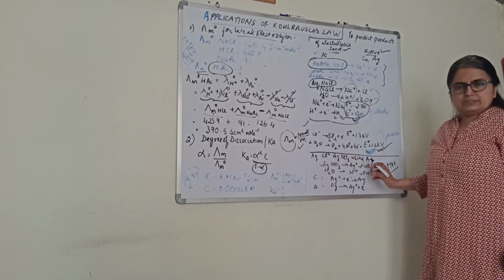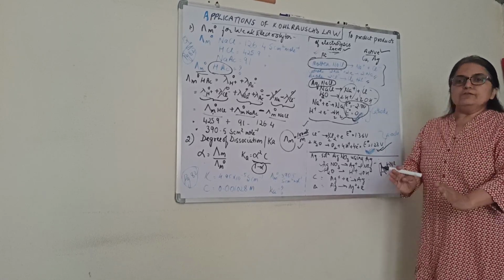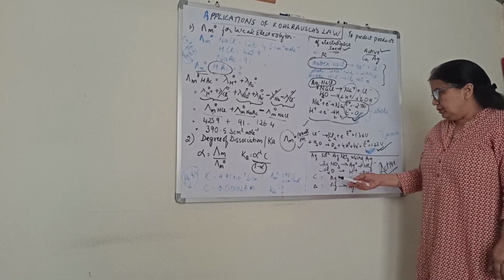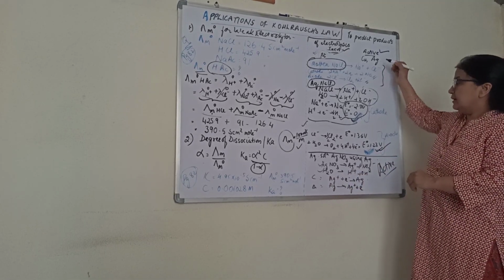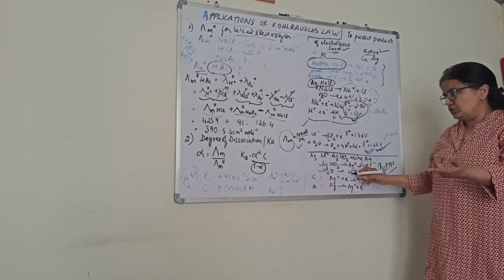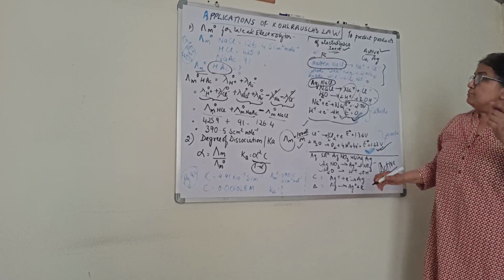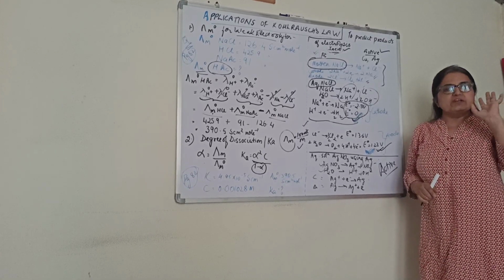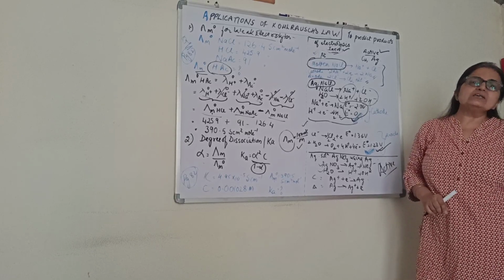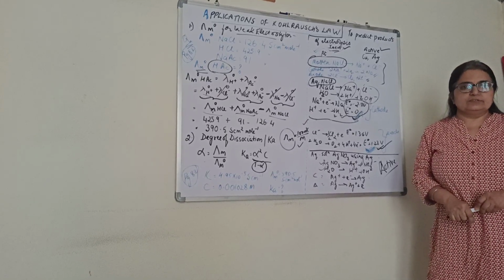Silver nitrate will ionize, water will ionize, let them ionize. Electrode itself is going to participate. Let the electrolyte be whatever. The cathode, the electrode what we have taken here, if you have taken silver, silver itself will undergo reduction at cathode. At anode, silver itself will undergo oxidation. If I use copper electrode, irrespective of the electrolyte, copper itself will undergo reduction as well as oxidation. So this is how you can predict the products of the electrolysis. Clear?